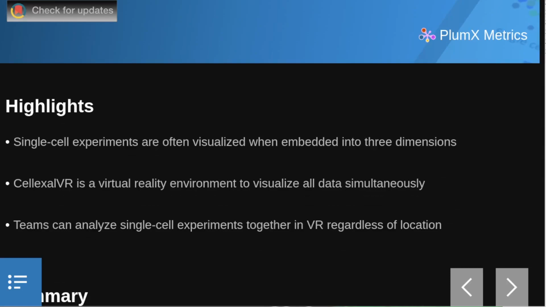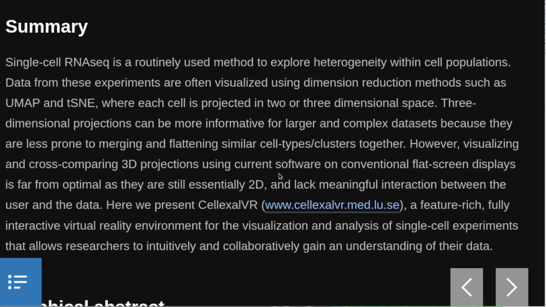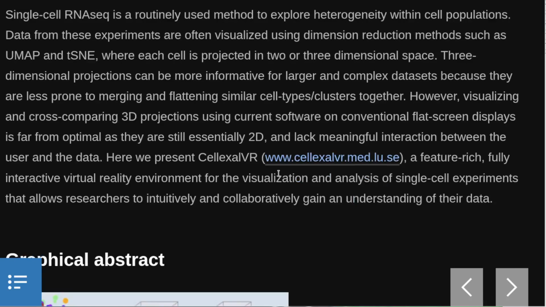Summary. Single-cell RNAseq is a routinely used method to explore heterogeneity within cell populations. Data from these experiments are often visualized using dimension reduction methods such as UMAP, and each cell is projected in 2- or 3-dimensional space. 3-dimensional projections can be more informative for larger and complex datasets because they are less prone to merging and flattening